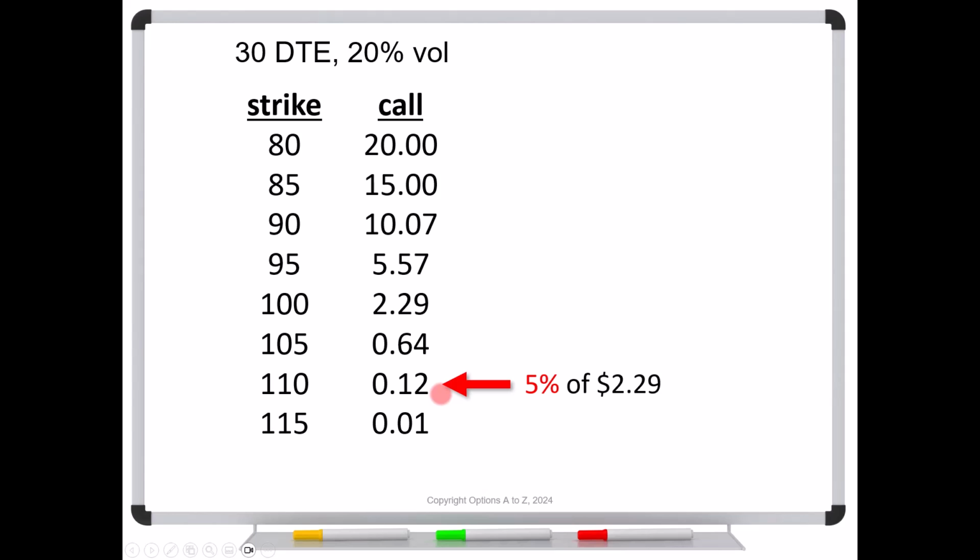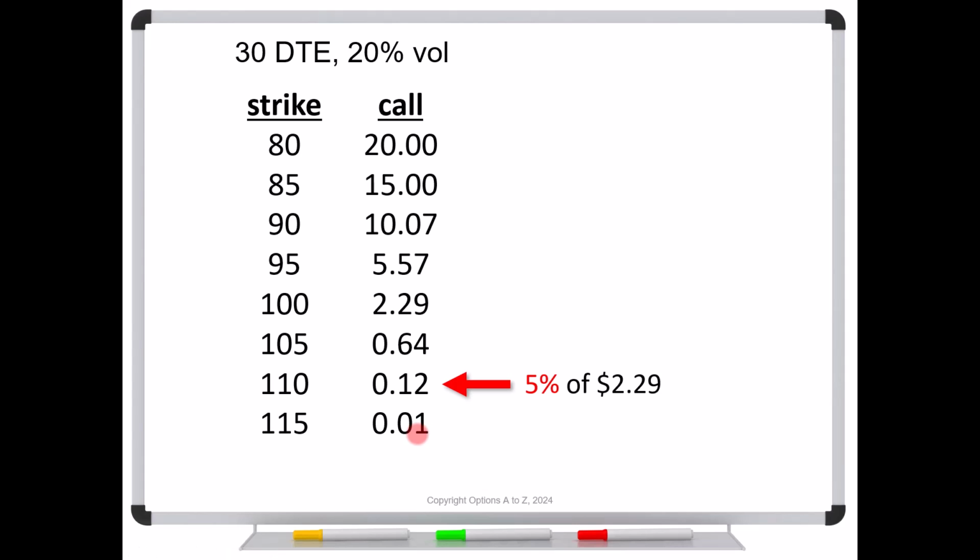Now, the wrong way to approach this is to say, well, it's highly unlikely for the stock to get above 110. Well, of course it is, but that's why they're called fat tails. If it does shoot up there, it might hit 130 or 140. And yet you've sold off all of that potential for just 12 cents. It really did nothing for the amount of the downside hedge. It really just wasn't a good trade. So would I buy the 100 and sell the 115 for a penny? No, that's not worth selling off the tail.